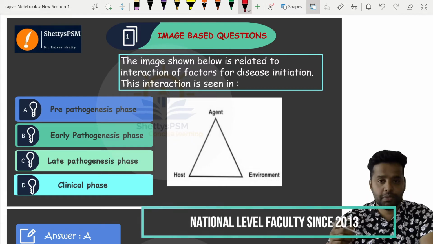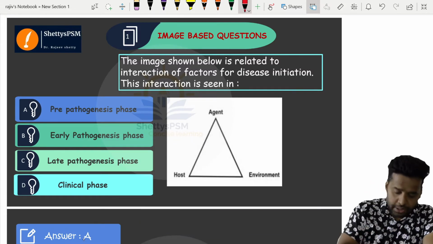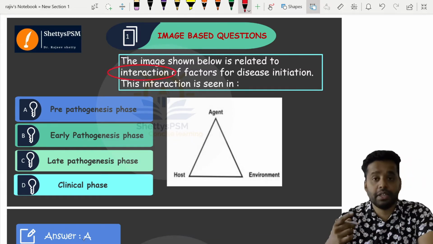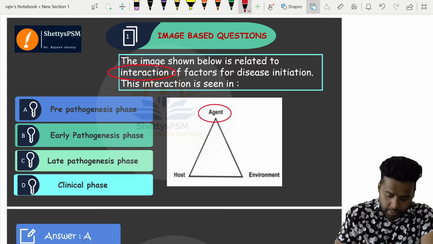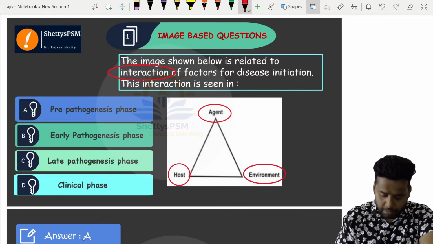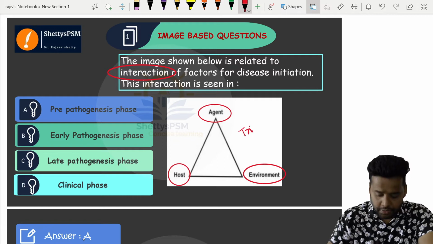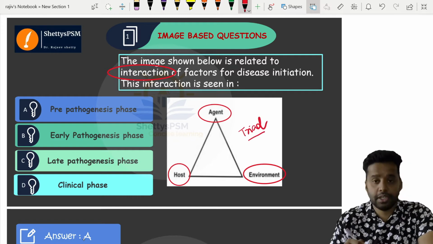Question number 1, which was posted, was showing the interaction between three factors: agent, host and environment. So what is this called? This is your epidemiological triad. Epidemiological triad interaction takes place in